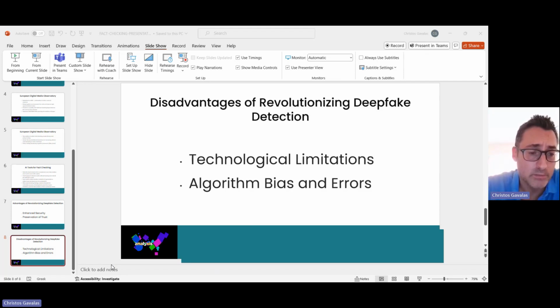And then there's the issue of algorithm bias and errors. It goes without saying that the reliance on AI algorithms for deepfake detection might introduce such problems, biases, errors that could result in false positives, false negatives, which can potentially impact the credibility of the detection outcomes.